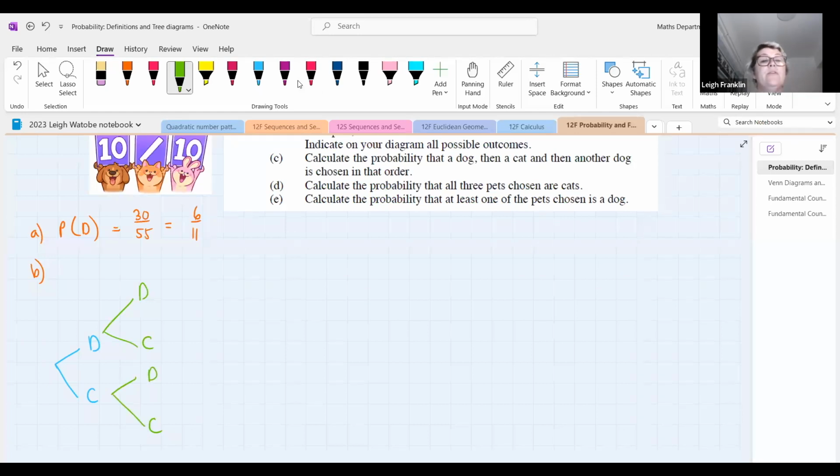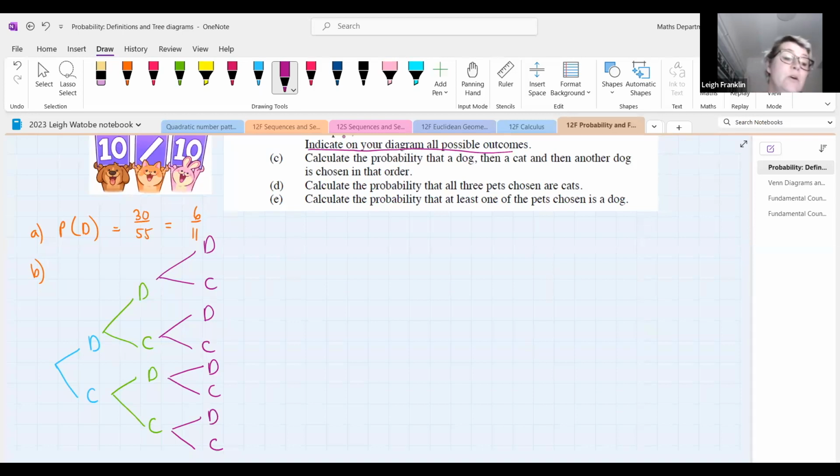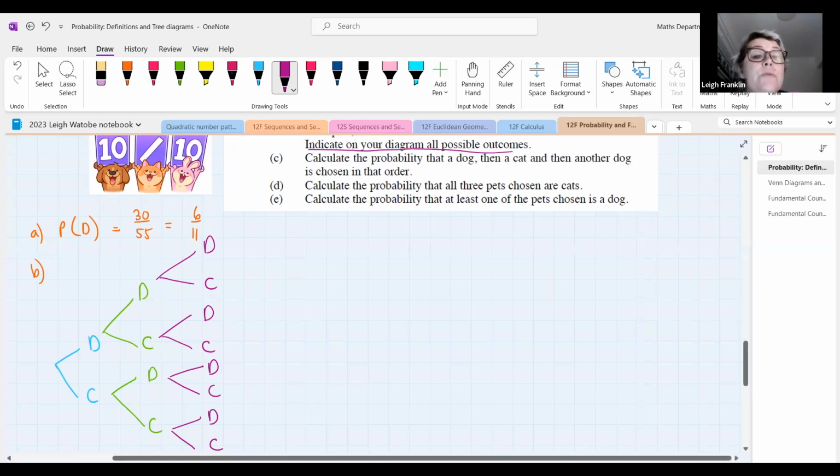That's the second event in green. And the third time that the owner chooses a pet, again, there is a choice of either a dog or a cat each time. When they say to us, indicate on your diagram all possible outcomes, they want you to go along the branches. So if we go along the topmost branch, we would have chosen a dog followed by another dog,